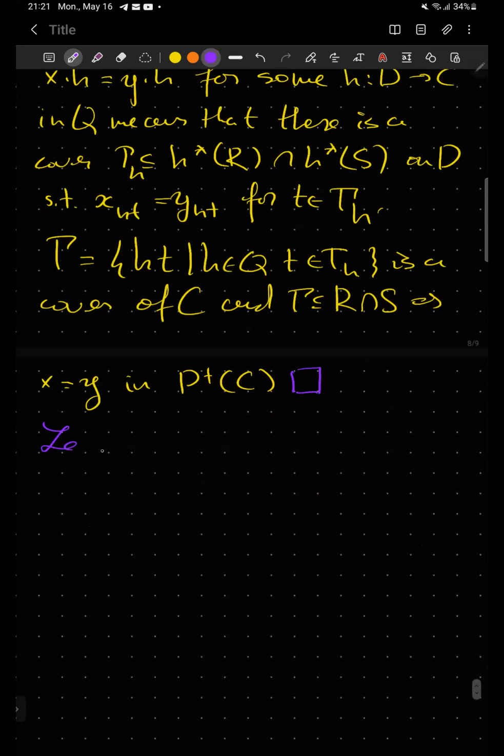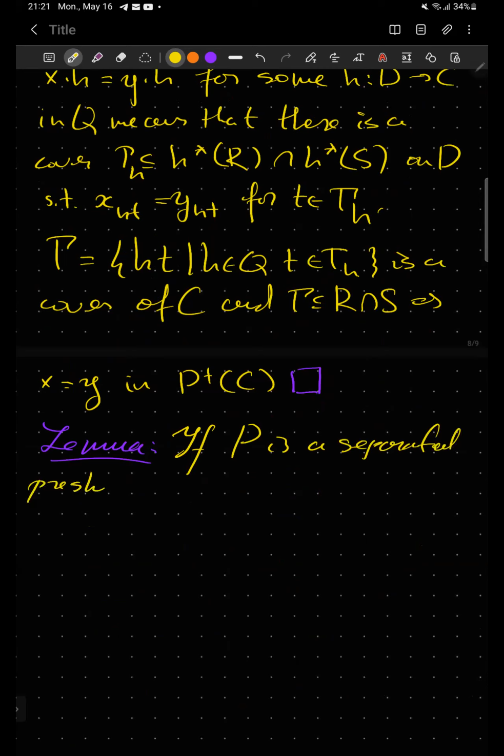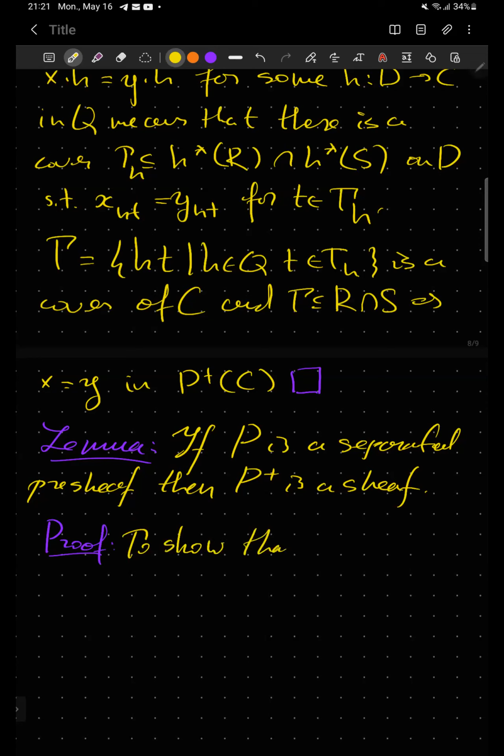Okay, so the final lemma, the hardest one. If P is a separated pre-sheaf, then P plus is a sheaf. Okay, so let's prove this lemma. To show that P plus is a sheaf,